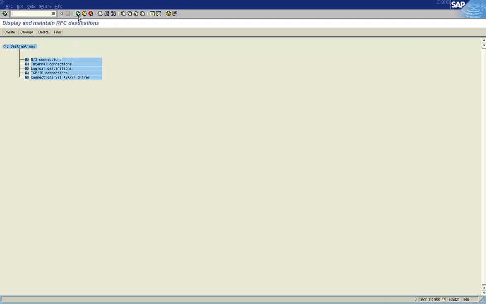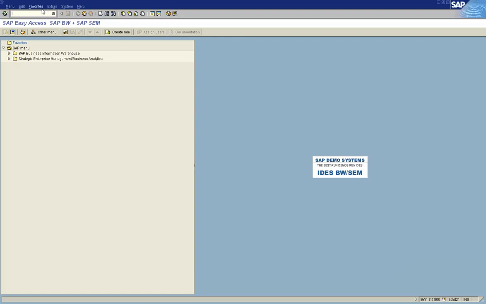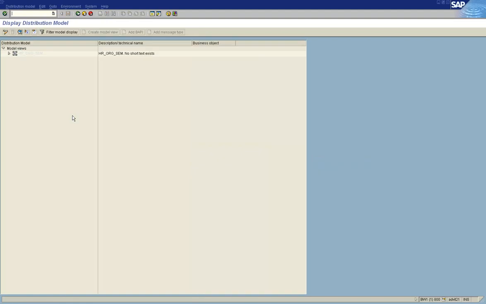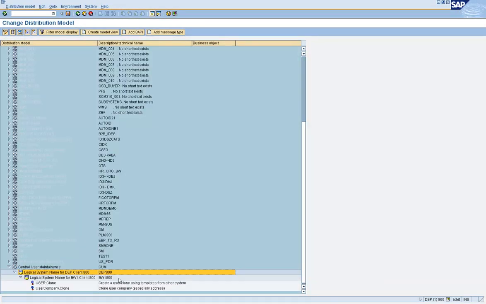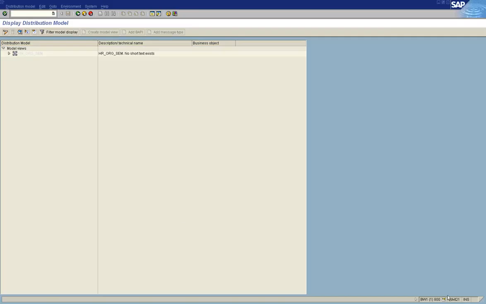So let's go and check whether that model view exists or not in BD64. If you look here, there is only one model view, and the model view that we created was CUM, which does not exist in the BW1800 client system.